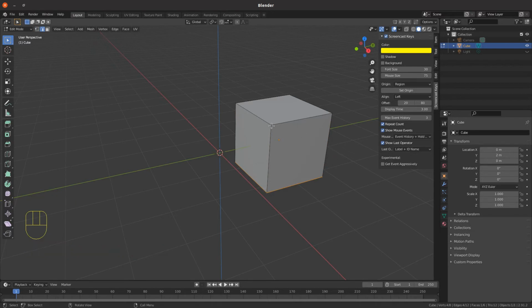So we're now in edge select. We've lost the vertices off the cube and we've just got edges. When you select an edge, the selected edge is white. If you select a second edge, the last selected edge becomes white and the other one is orange. And again, as with objects and vertices, you also have an active edge, and the last selected edge is the